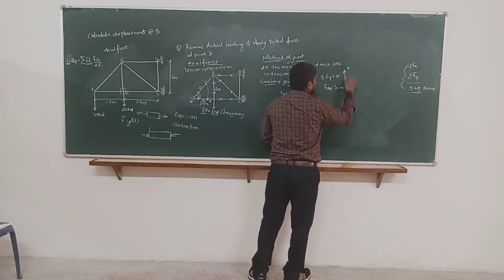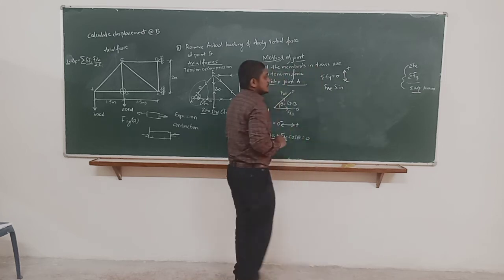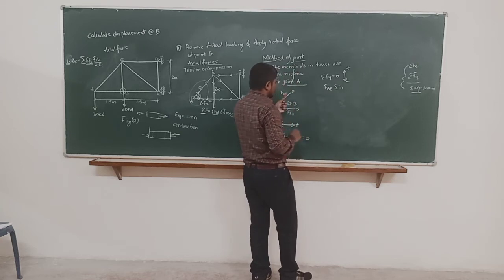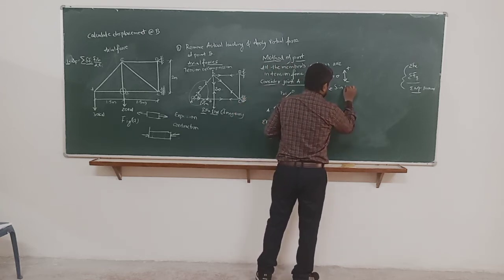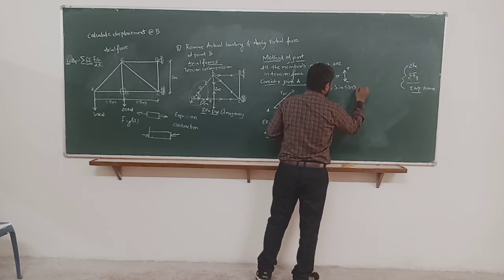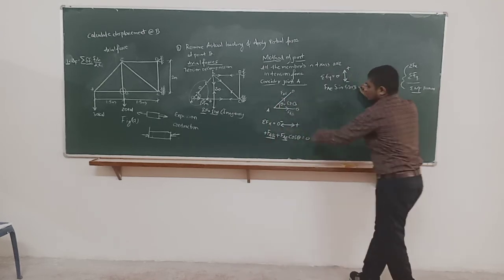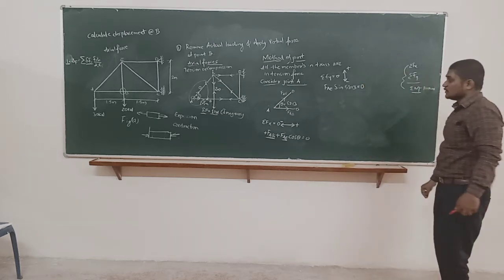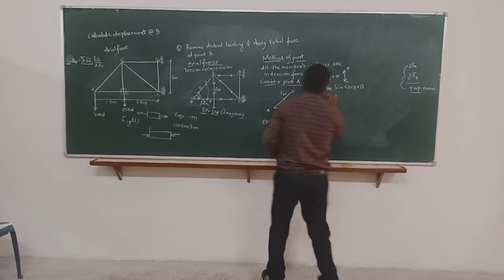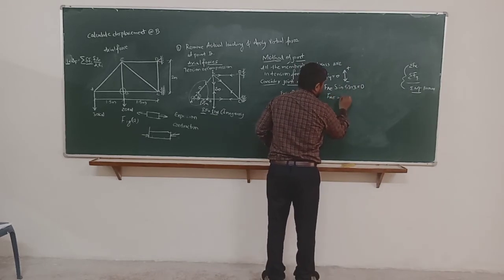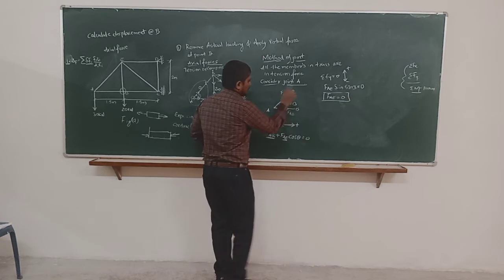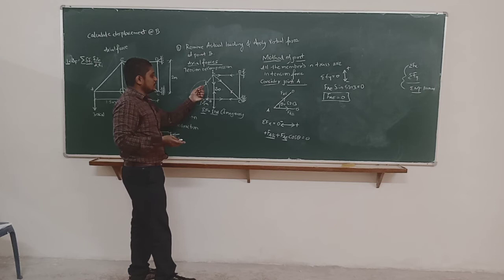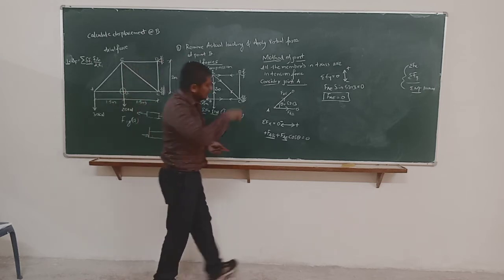One thing you have to keep in mind, always keep the sign convention in mind. Upward I am considering positive, downward I am considering negative. So FAE sin 53.13, no other vertical force in this particular structure, is equal to 0. So finally, FAE is going to be 0. As I told you, it is going to come 0. Particularly there is no load in this left hand side portion, so obviously these members are going to be 0 only.